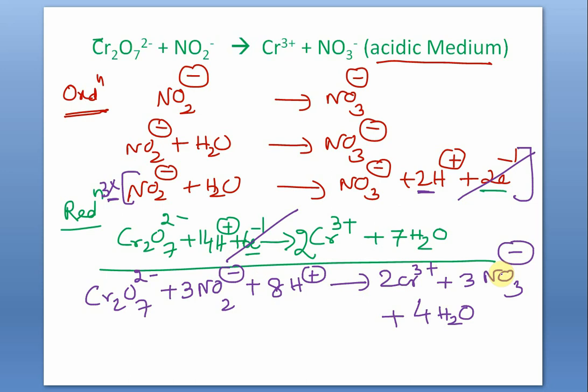You check it. Otherwise, if you find some error, then you go back to the individual steps. Somewhere you must have made a mistake, because this needs constant attention. If by chance you are inattentive at a certain stage, you have multiplied wrongly, you have given the electron wrongly, then the final equation will be wrong. That can be revealed if you check element by element and charge by charge.